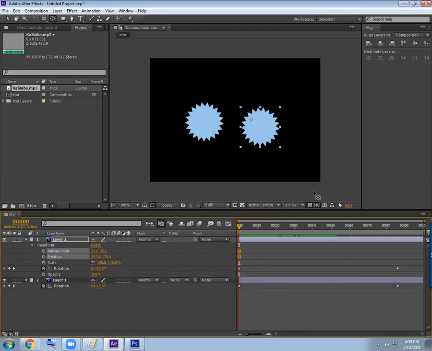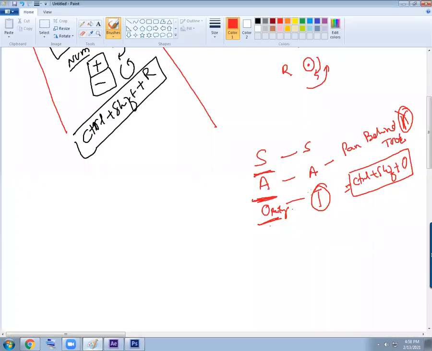Hope it is clear. And the extra information: the anchor point is controlled by the pen behind tool. And as for scaling, the scaling can be done by the keyboard command